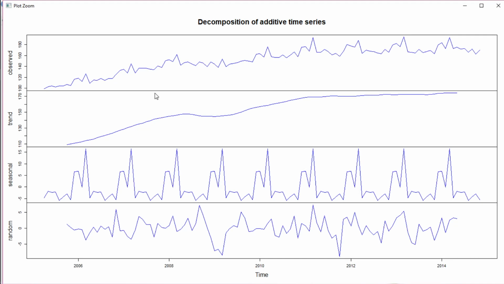This is the observed one. This is the trend which we just plotted in the last figure. Within that time series, this is your trend, and this is your seasonal pattern. You can very clearly see there is a clear pattern. Then this is the random component.